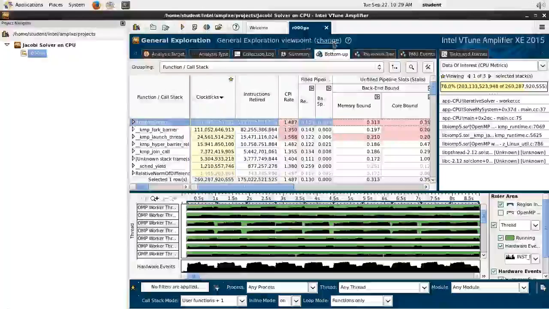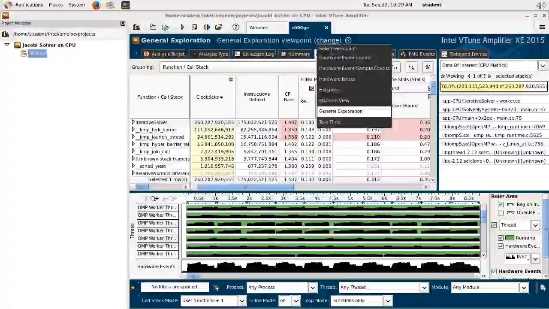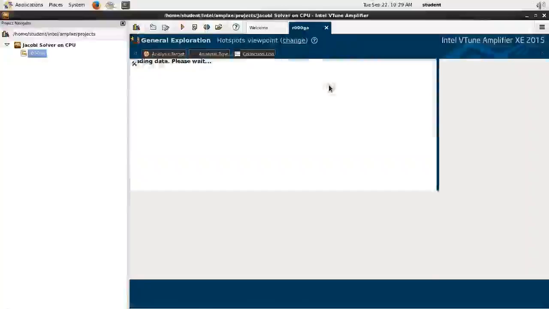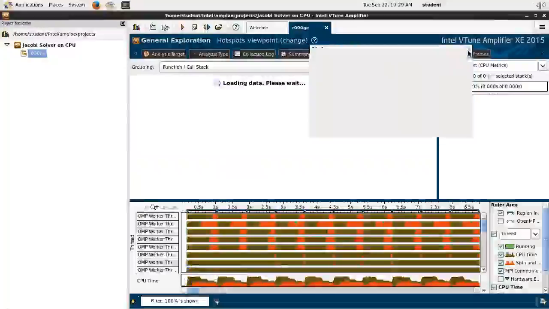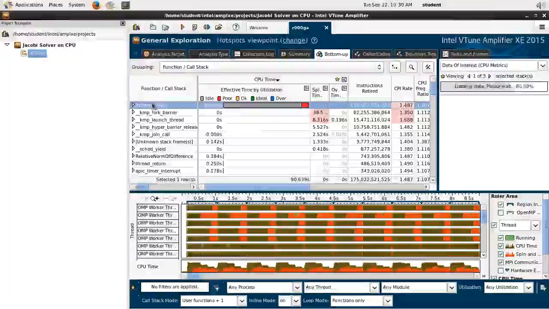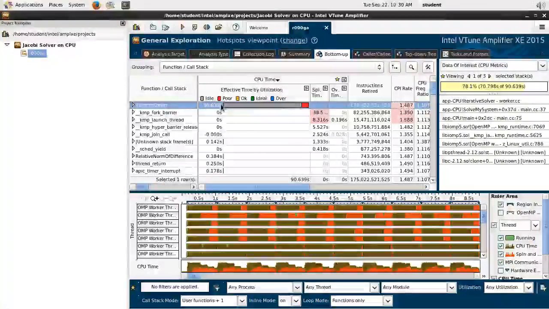So there is a switch for viewpoints here. By default, it's set to general exploration viewpoint. I like to set it to hotspots viewpoint. In this case, the metrics shown in the bottom-up view will be the runtime and the concurrency. So the iterative solver is the top hotspot. This is what takes the most time. This is the concurrency metric. I'm not sure it's measured correctly, but